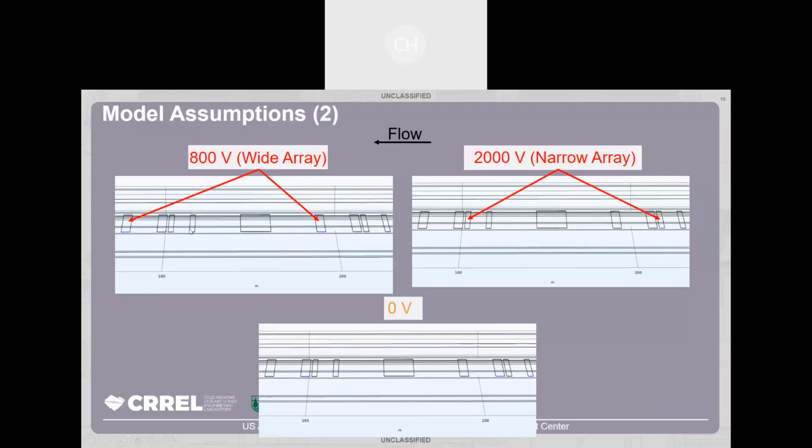And so for the wide array, our anode is held at 800 volts. And then for our narrow array, the anode is held at 2000 volts. And then for our cathodes, we're actually just doing,